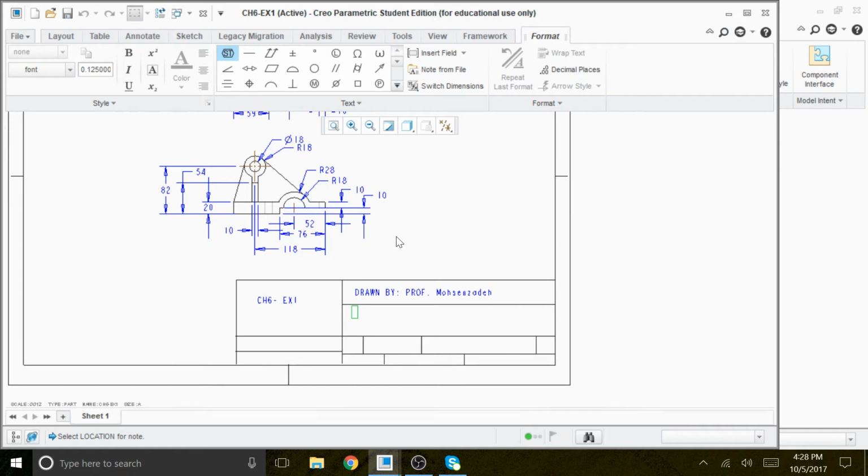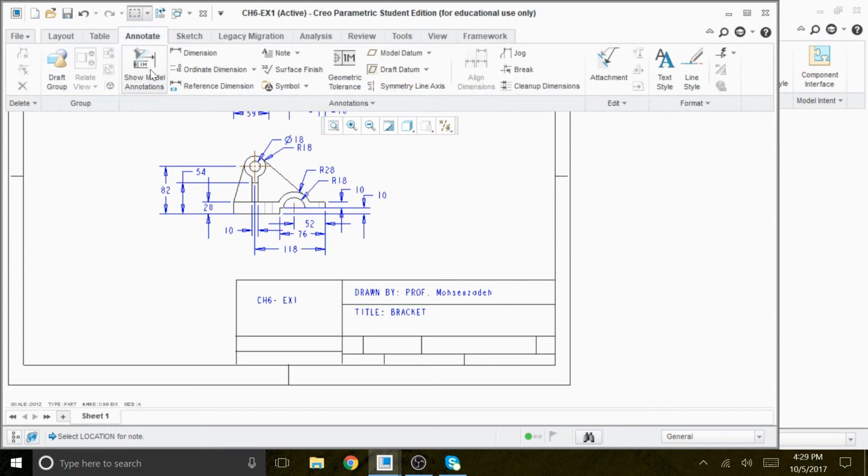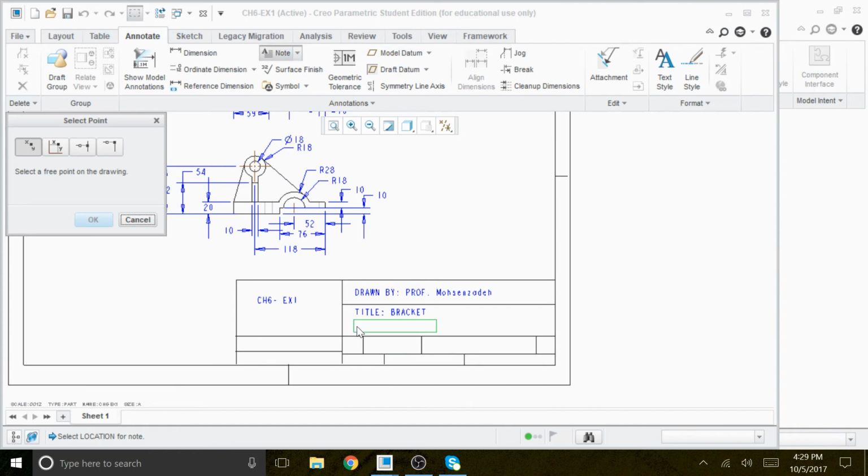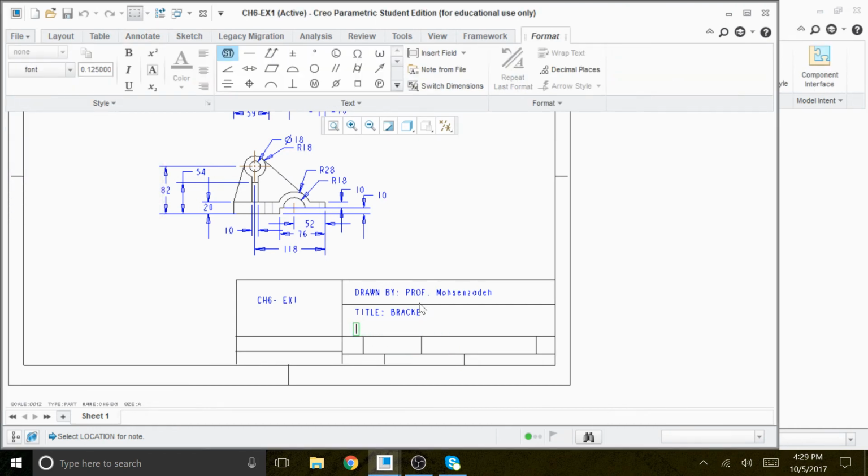Okay, so we're going to put the title, and say this is bracket, for example, bracket. All right, and then we put a date, or if this is, for example, the company's name and all that, we say this is ENGE 151 and Mesa College,